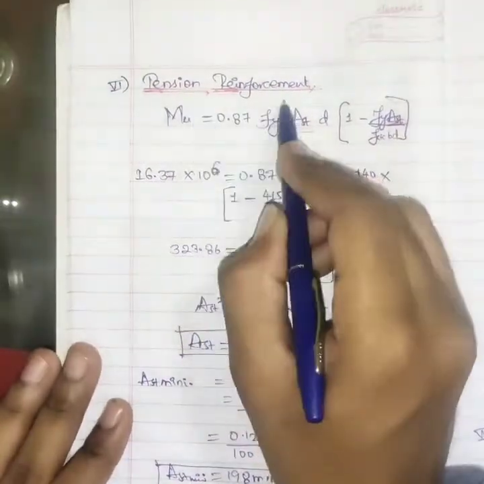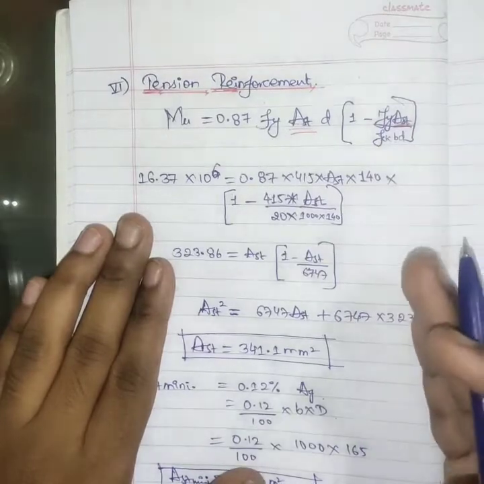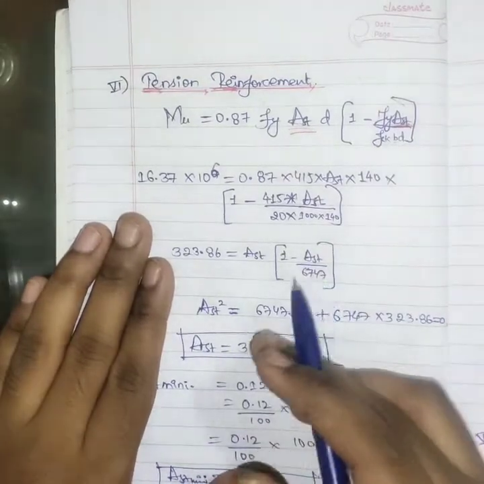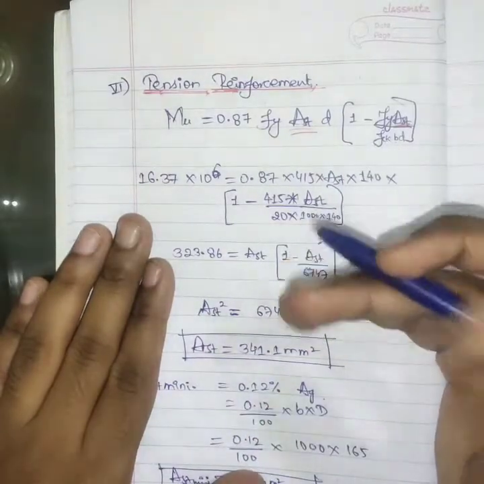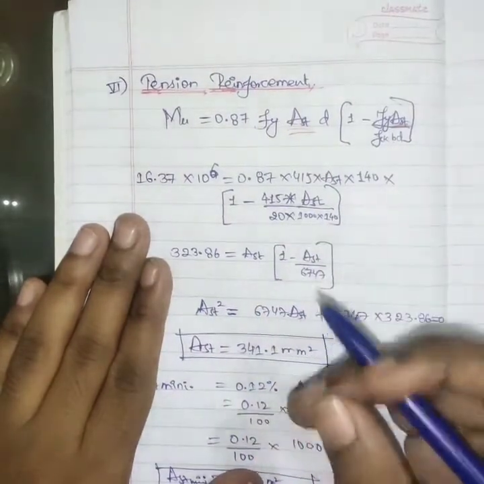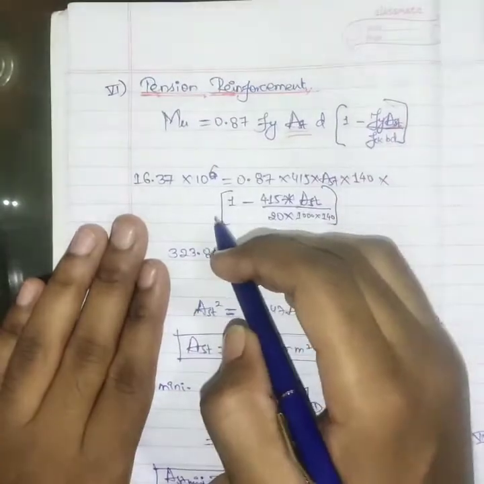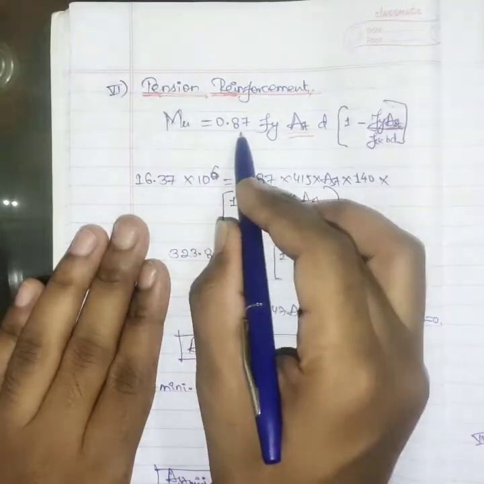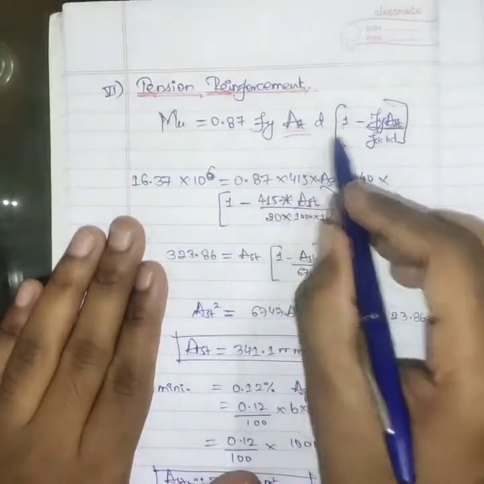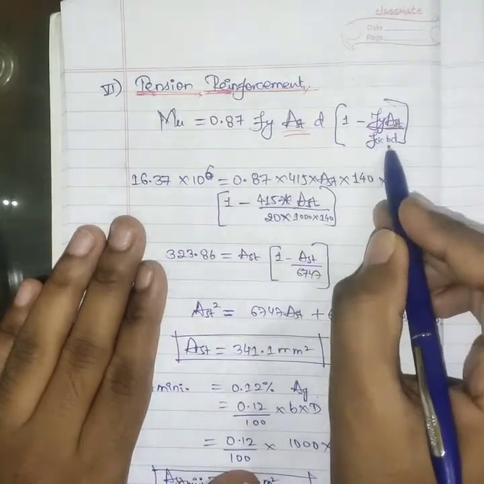Now the tension reinforcement required, meaning the main reinforcement or the main diameter steel required in this slab, we have to calculate. The depth is confirmed, it is right. Now we have to move on to the steel required, that is Ast required. For this, the formula from IS 456:2000 is Mu is equal to 0.87 fy Ast into d bracket of 1 minus fy Ast divided by fck bd square.